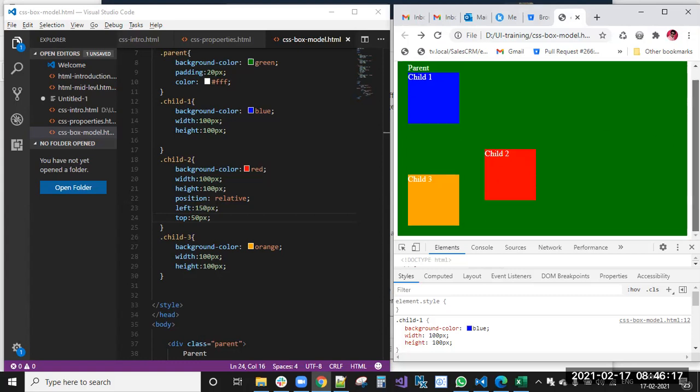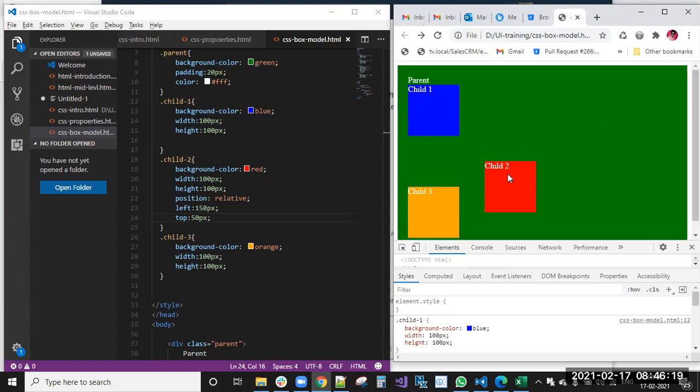If I scroll, that relative element will move too. Position relative is used to move an element from its actual position, left or right, top or bottom, any side, with the position relative property.